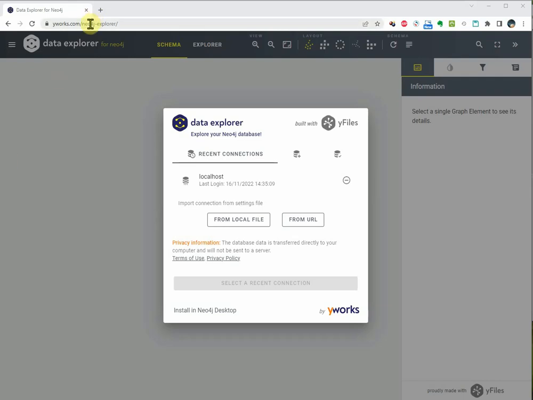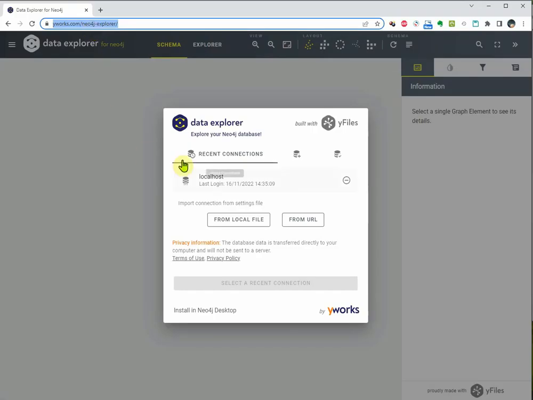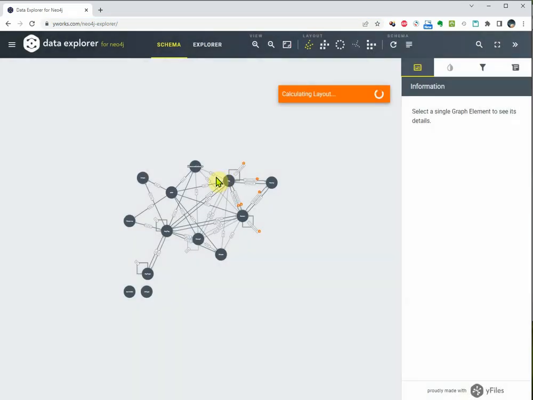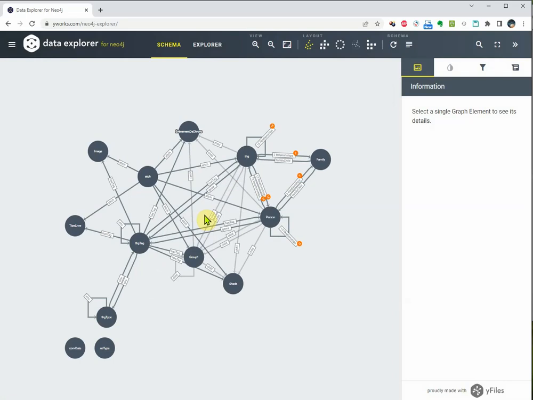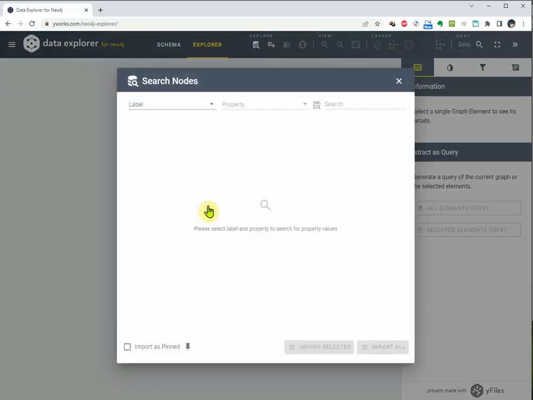Here is the URL to access the online version of yWorks Neo4j Explorer. We have a local Neo4j database running, and so we connect to the database. First, we automatically get the database schema, and to extract information for display, we have two options: a graphic interface to select nodes by labels and property values,